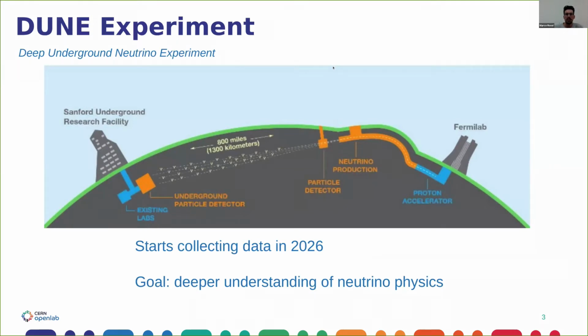Let me first present you DUNE, which stands for Deep Underground Neutrino Experiment. The DUNE Experiment is based in the US, and its main goal is to have a deeper understanding of neutrino physics. In particular, we have two facilities. One is at Fermilab in Chicago, where the most intense neutrino beam is produced. And these neutrinos travel all the way until they reach a far detector underground in the Sanford Underground Research Facility